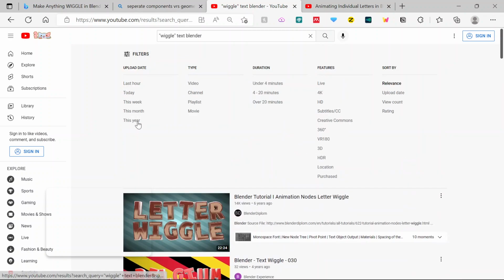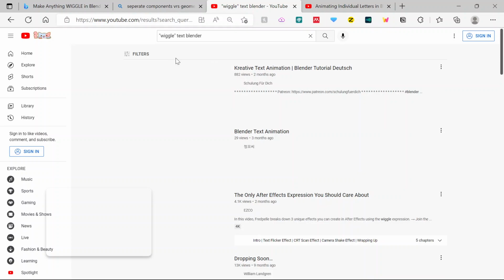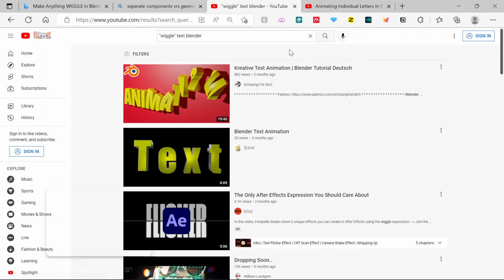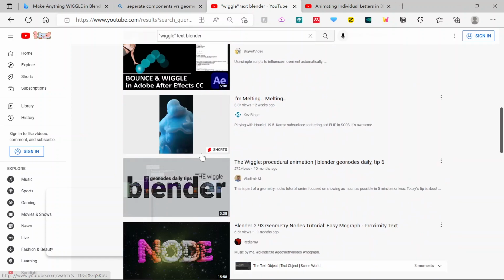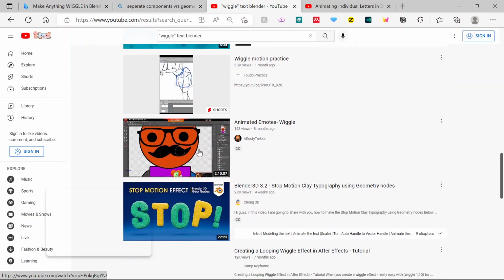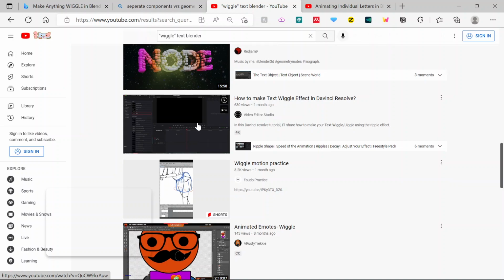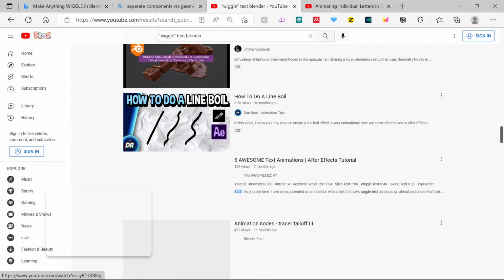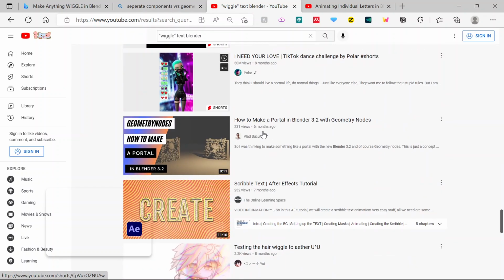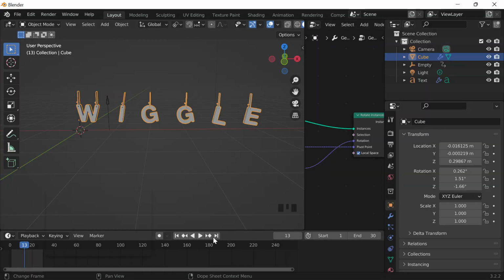And filter it again this year. This is like torture, like actually. Like, why can't I figure this out? Ew, what is that? No. I mean, I don't even know why I'm looking so much into it. This is wiggling. Like, the letters are wiggling. I just want more. Like, this is my downfall. I always want to